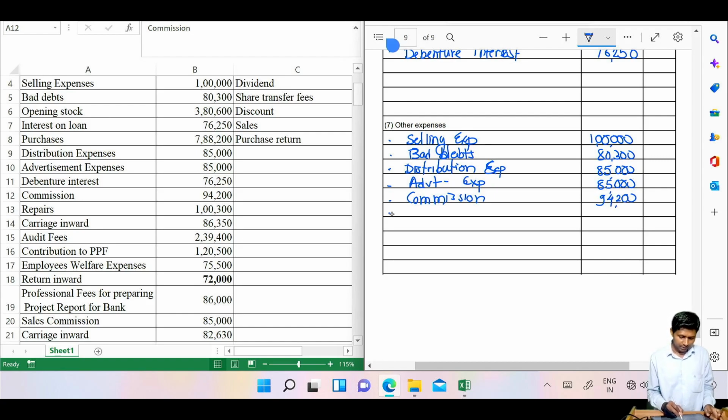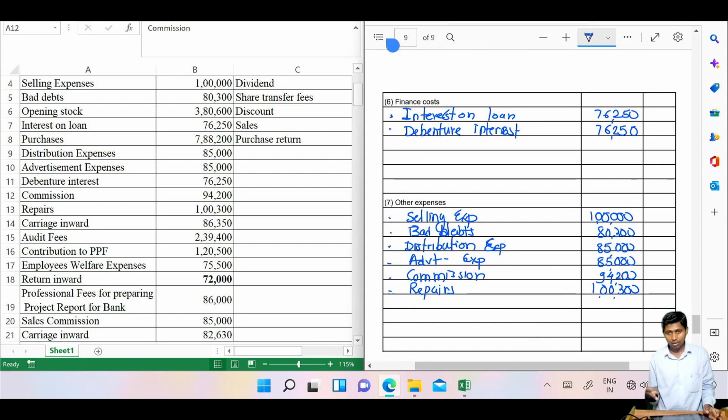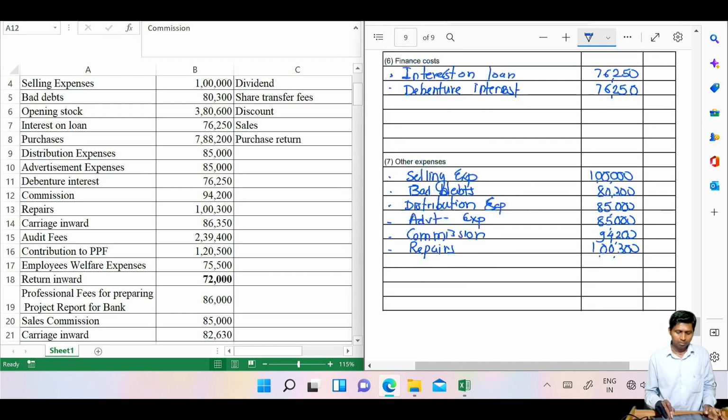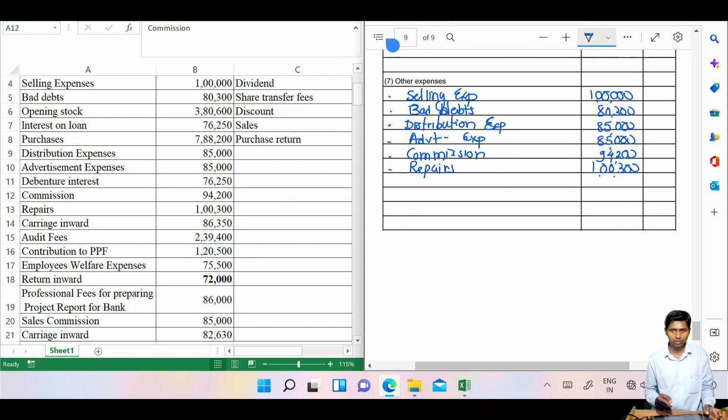Okay, then repairs. The commission, no separate place to write these repairs. 1 lakh. Then carriage inward. Carriage inward, where do we write? If this is the raw carriage of the raw material, then we do write in the cost of material consumed. But my dear students, we already assume purchase of finished goods, because this carriage inward also of the finished goods, but we don't have space to write that in the purchase of a stock in trade category, because specifically there we write only purchases. Then what about their carriage? Carriage, no place, therefore कुछ जगह ही नहीं carriage में को लिखते हैं, तो इसलिए उसको लिखो in other category